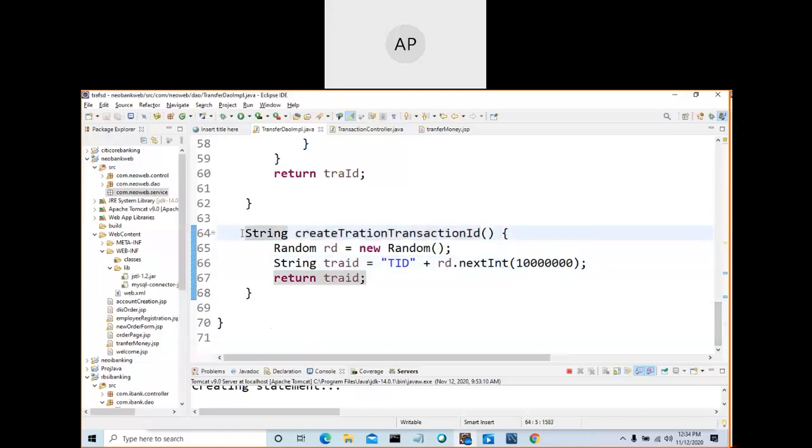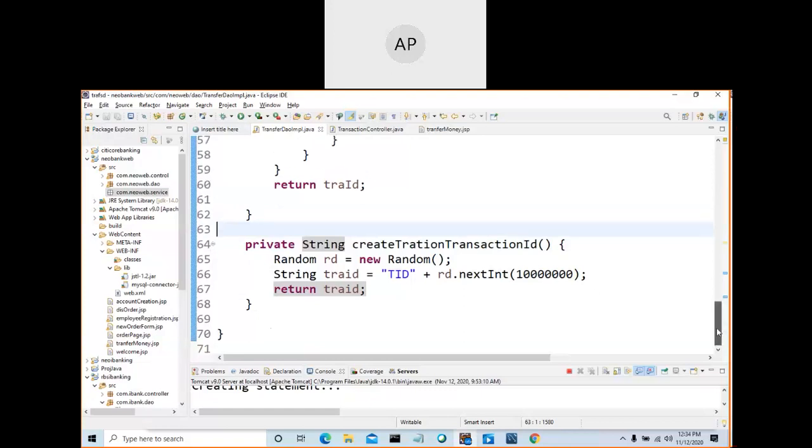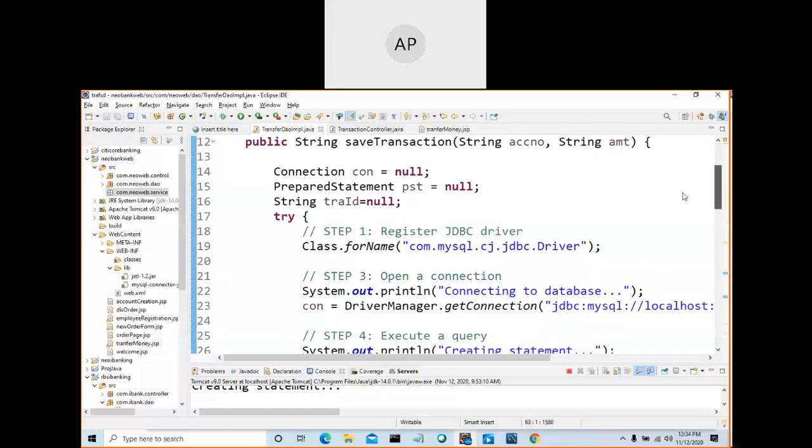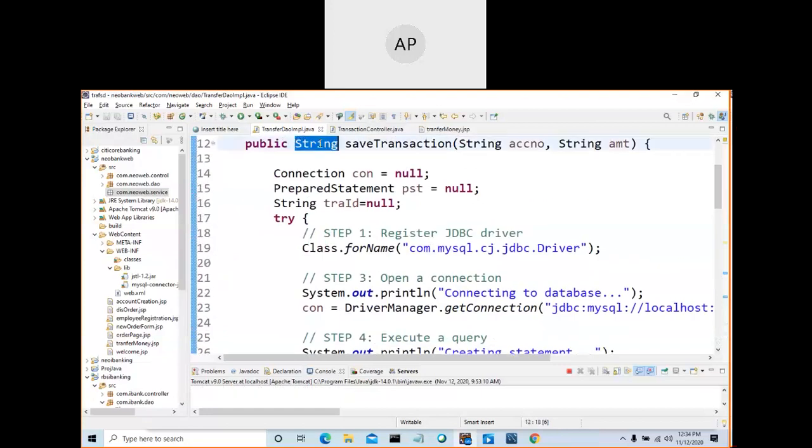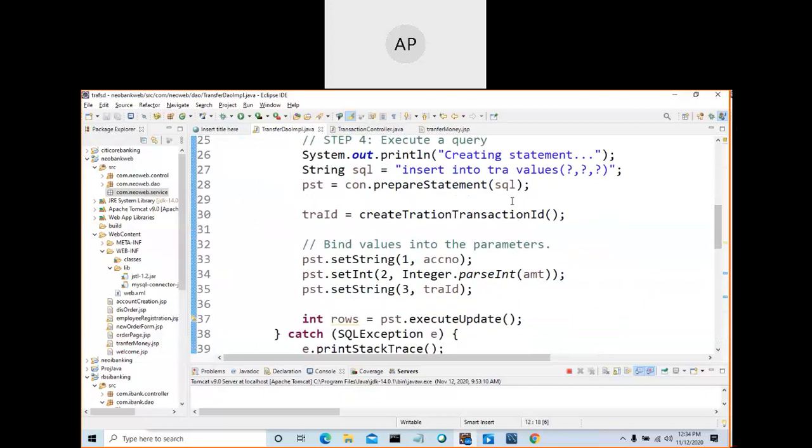This one is created as private. We can make it private for encapsulation. It is returning a string, so we made it a string. Why did I make this private? No one should access this method other than the methods in this class. Only methods in this class can call this method. That's why I made it private, and the return type is string. You can understand why we mentioned this.